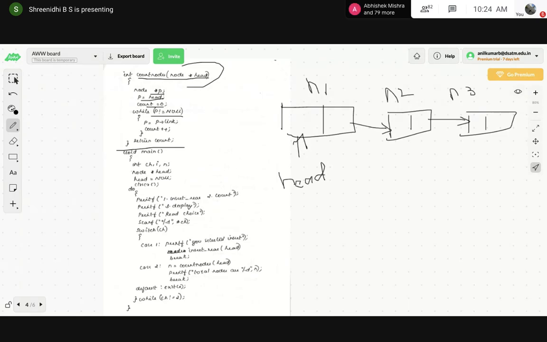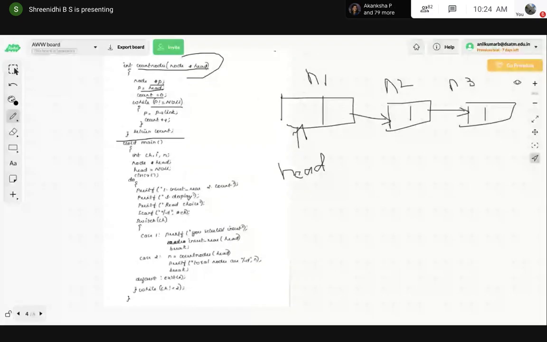A linked list node I have created, and I am checking the condition. Is p not equal to null or equal to null? Not equal to null. When three nodes are there, it should be not equal to null. When only one node is created, by default that node is linked to null, right? So here this is not equal to null.